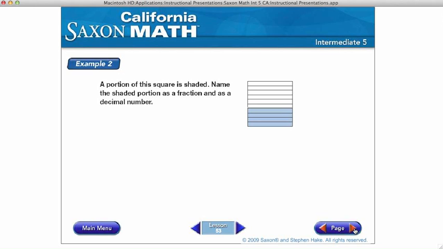A portion of this square is shaded. Name the shaded portion as a fraction and as a decimal. So if I want to write it as a fraction,